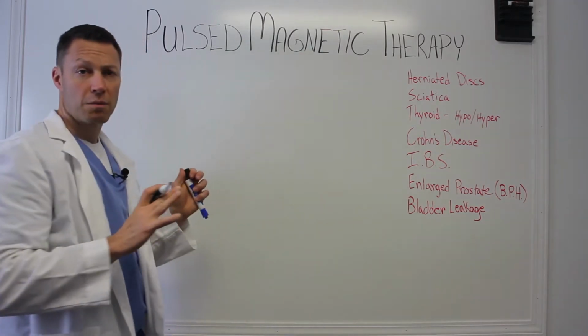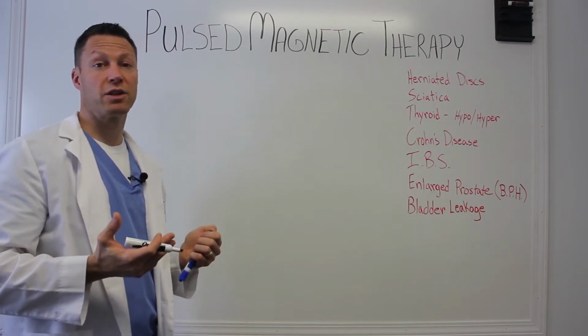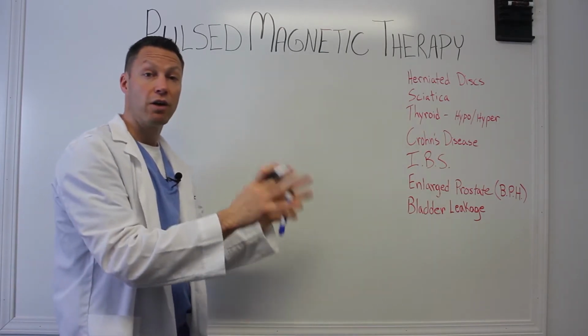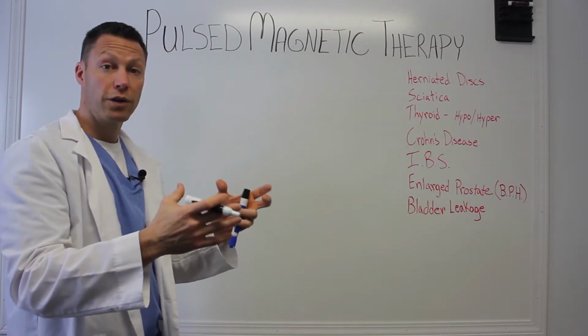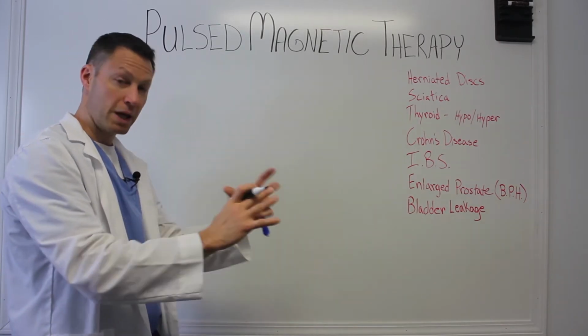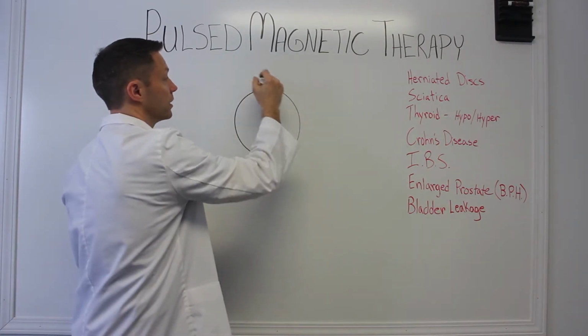All of the organs in our body are made up of cells. We have over 75 trillion cells in our body. If we look at the basic structure of the cell, and know that if we have a healthy cell, healthy cells make healthy organs, healthy organs make healthy systems, and healthy systems make a healthy body. So if we go down to the base structure and look at that cell, and the cells in our body